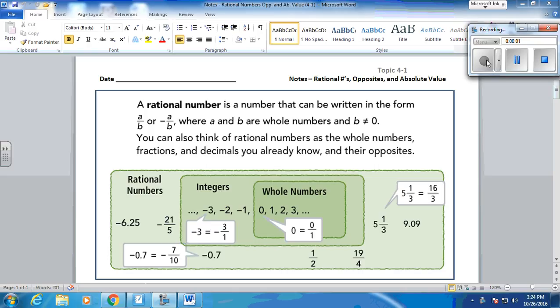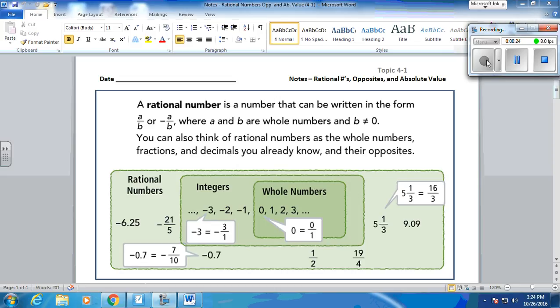So here we are with topic 4-1. We're moving into topic 4, talking about rational numbers, opposites, and absolute value. You did talk about this topic last year, so this should not be anything brand new to us. Really, we're just going to review this topic and go forward. If there's anything you need help on, please go back to your notes first, check over the definitions, and